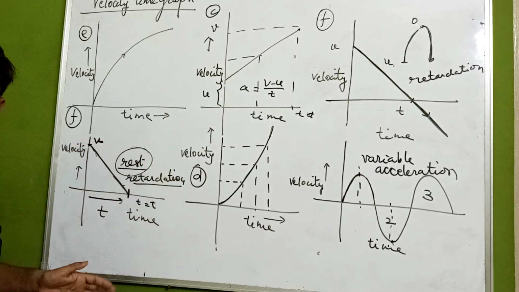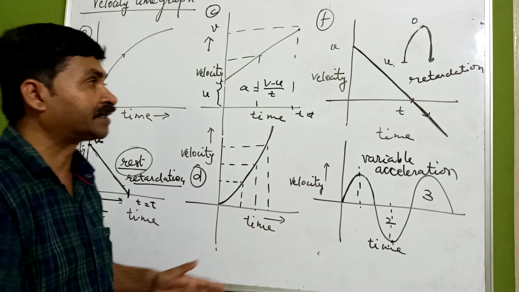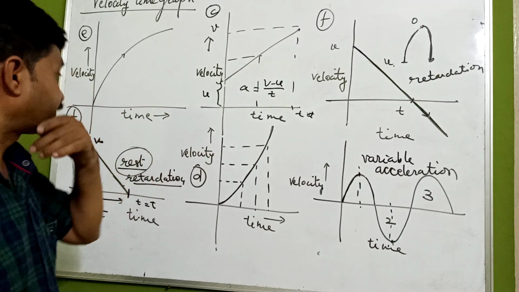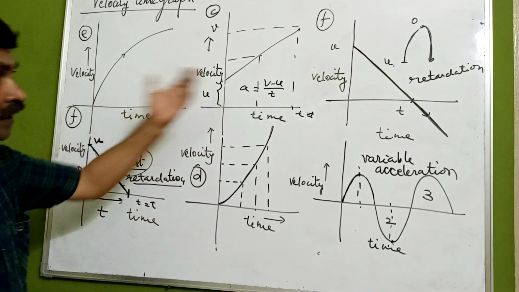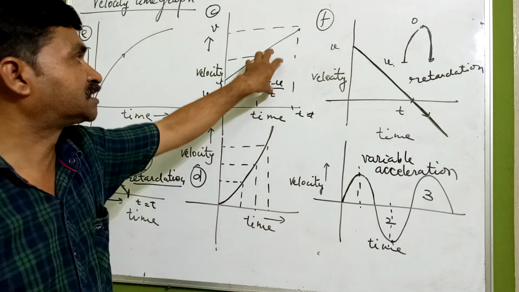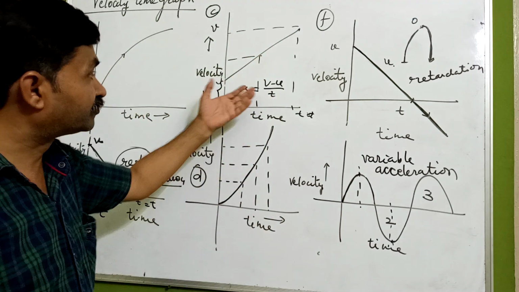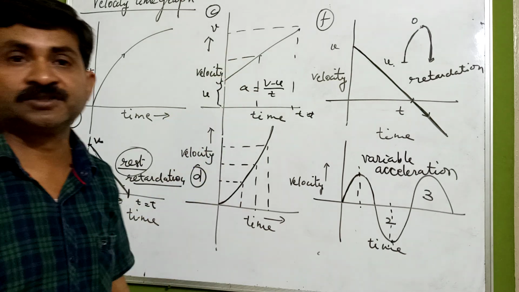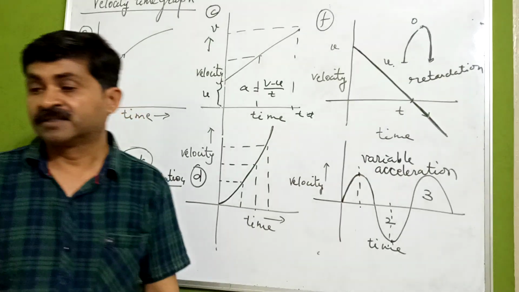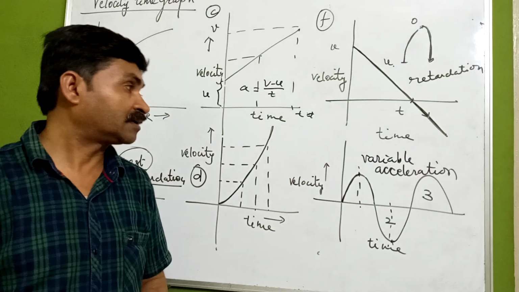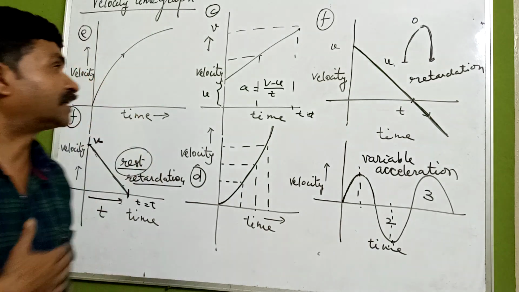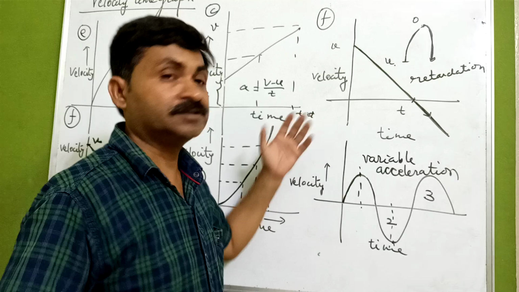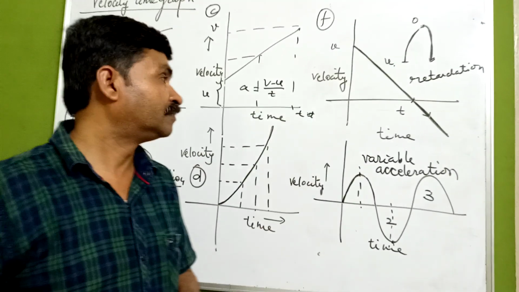Different slopes we are getting, and by analyzing these different slopes, what we are getting? We are getting the acceleration. Similarly, if we go with the area under the graph, this area under the graph will give the displacement or distance covered by an object. Okay. So here we are concluding this lecture. We'll go in the next lecture with the equations of motion by using velocity time graph. Okay.